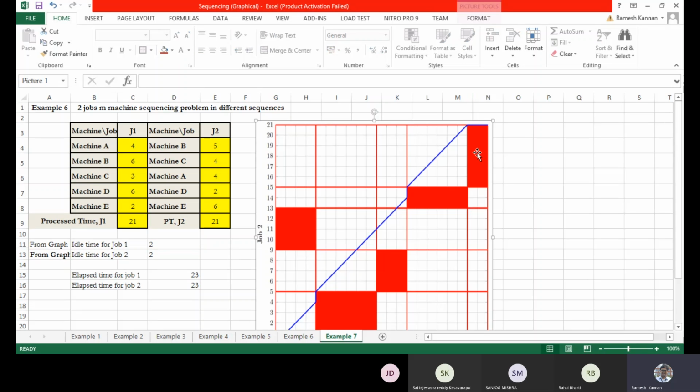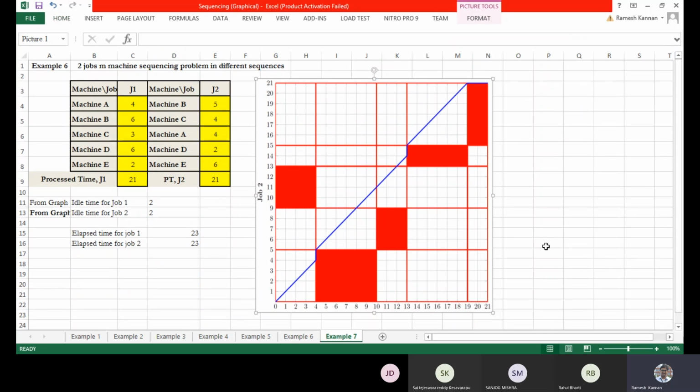Next, we have to find this particular graph. This is a little interesting, but also a little intimidating. If you don't follow, it'll be very difficult. So understand this. I've got job 1 as the x-axis. I've cropped it down to something. Job 1 is the x-axis and job 2 is the y-axis.